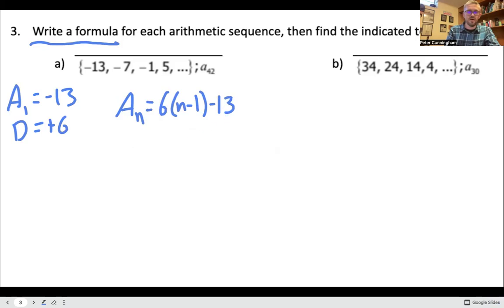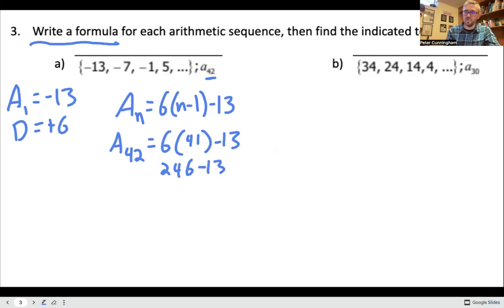my first term. Now, I need to find the 42nd term. This is a perfect example of maybe you don't need the formula when it's smaller numbers, but to do this 42 times, that could get pretty old. So to find the 42nd term, I need to take that difference, multiply it by 41. That's n minus 1, and then take 13 away from that amount, which gave me 246 minus 13, and my 42nd term